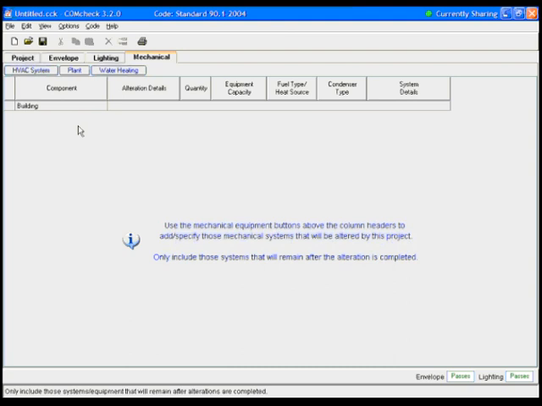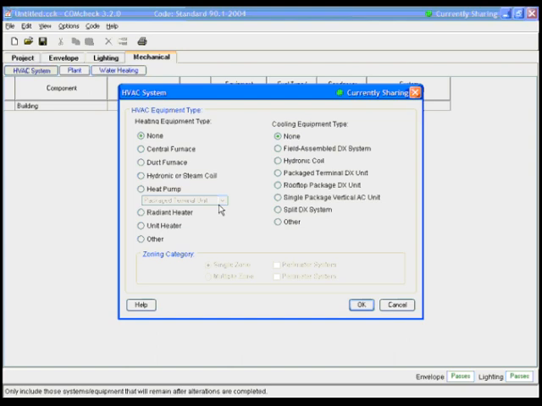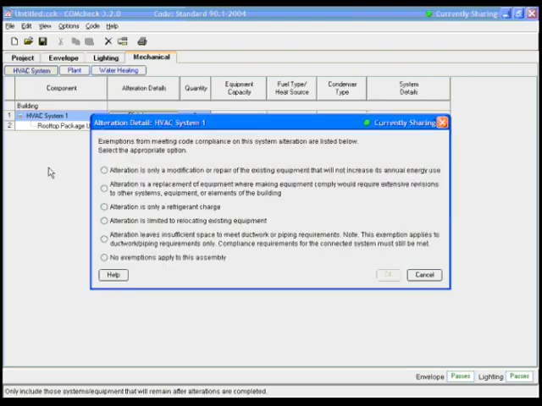And basically, COMcheck still works the same for alterations. It's not a pass or fail. If you are doing a repair, so let's go ahead and show that. I'm going to put in a rooftop package unit. I'll say it's single zone, and okay. Of course, you get all those exemptions again. Let's say it's a repair, then I hit OK. It is just going to put on your report, this is a repair, the exemption applies,